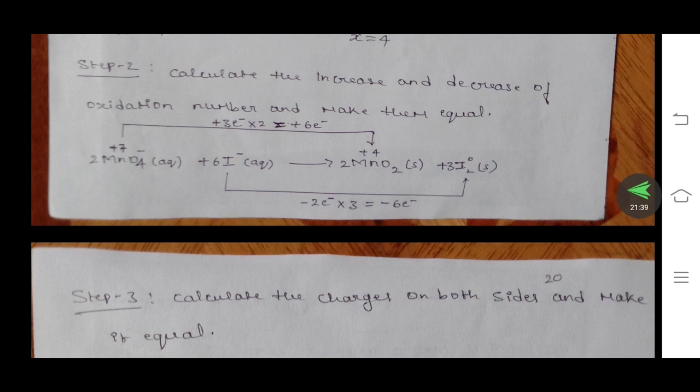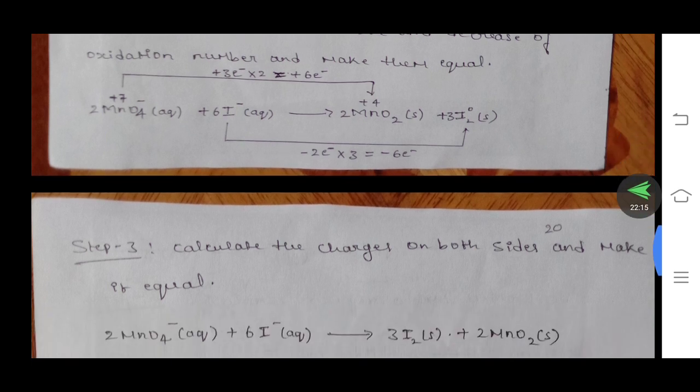So that is balanced. Now this 3 you are multiplying with the iodine. Already 2 iodine are present, so that is 2 into 3, so 6 iodine on the left side and on the right side also 6. That's why you have to multiply with 3. Now for manganese, you are multiplying with 2, so that's why 2 Mn. Left side 2, and right side you also have to multiply with 2.